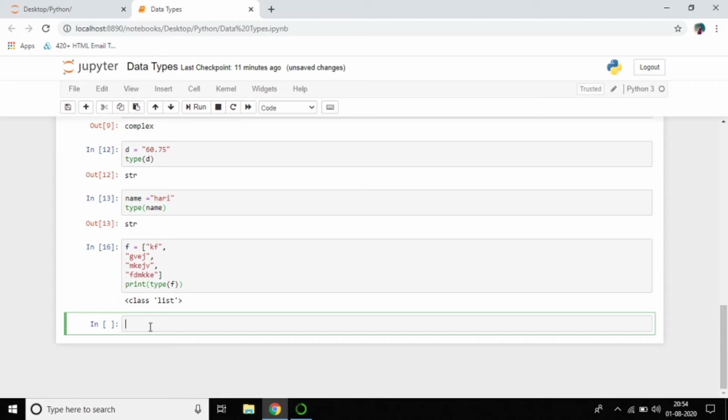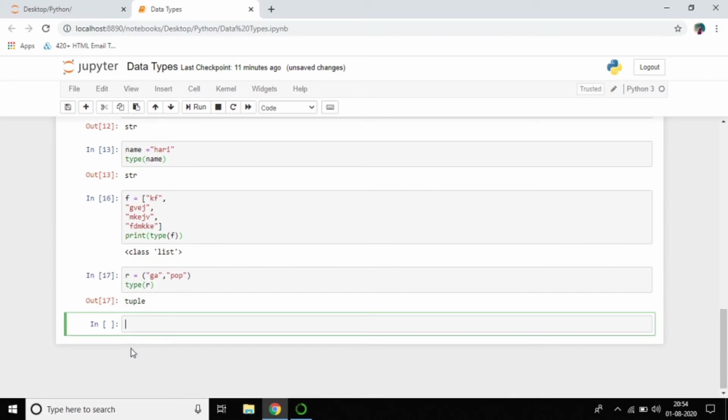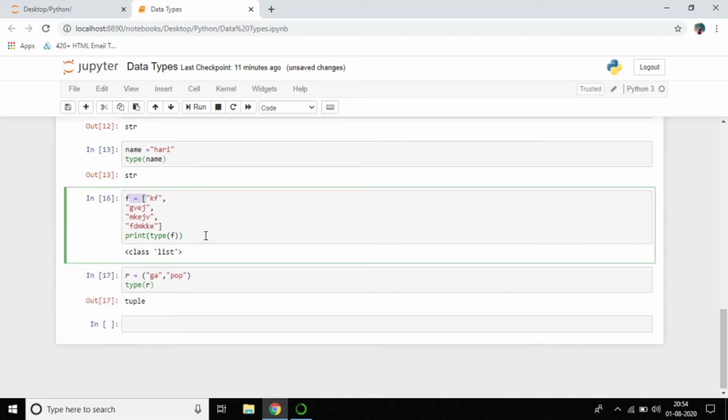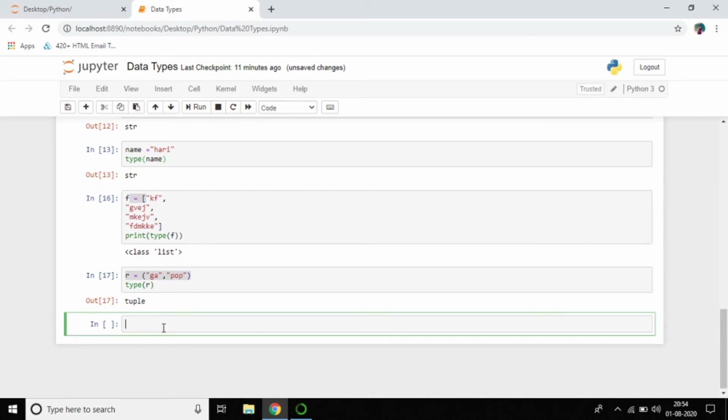I'll write r equal to, like this with normal brackets, and type of r. If you write normal brackets, it says tuple. If you write square brackets, it's a list.